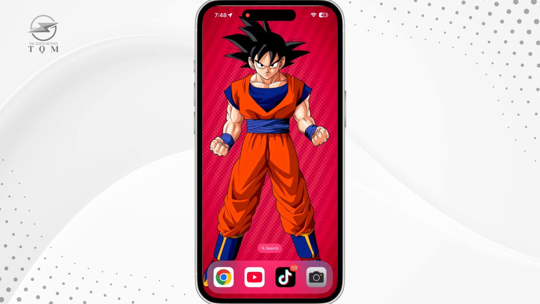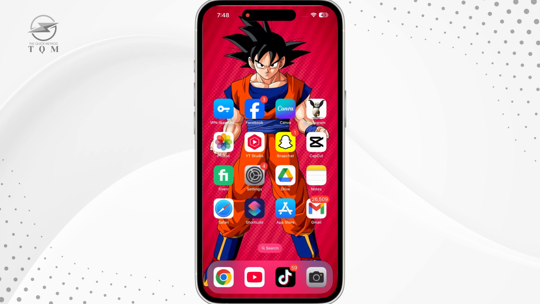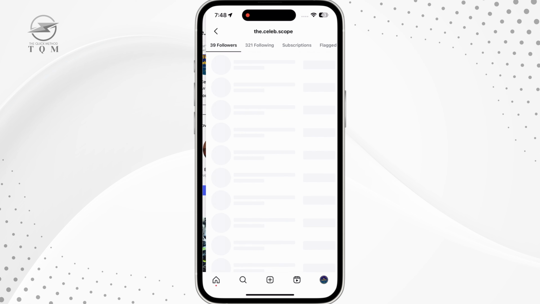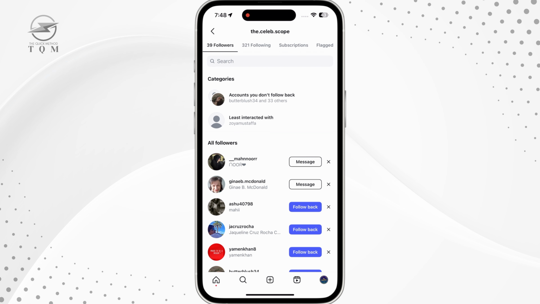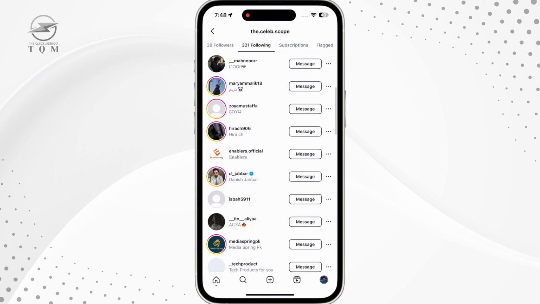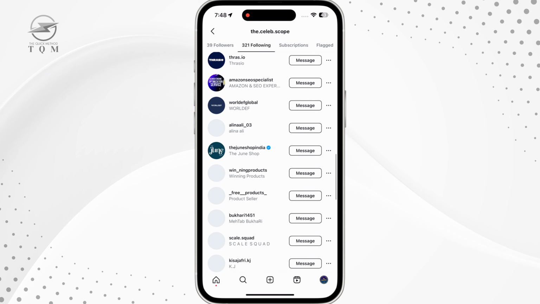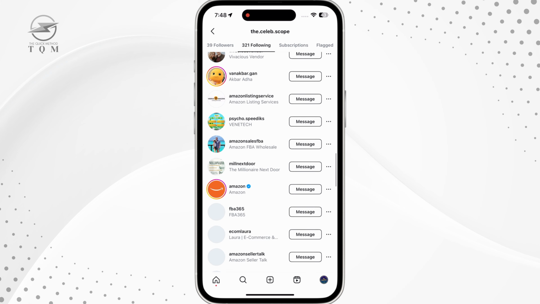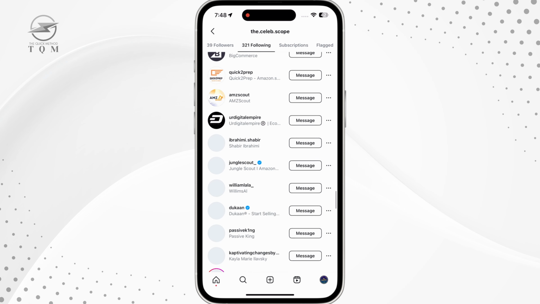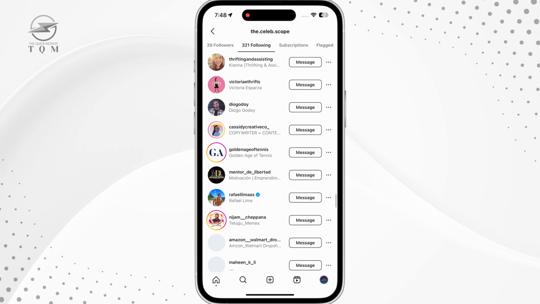So first, head over to the Instagram app and you'll land on your homepage. Then, click on your profile picture in the bottom right corner to go to your profile. As you can see, I'm following 34 people here. If I want to unfollow all of them, I would normally have to go through and unfollow each person one by one. I was looking around to see if there's a way to unfollow everyone at once, and most of